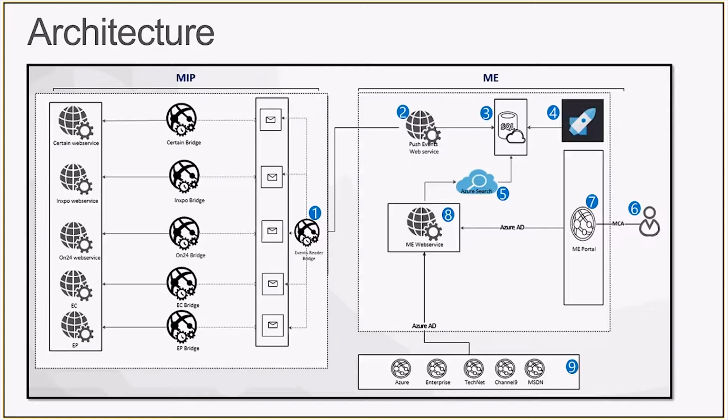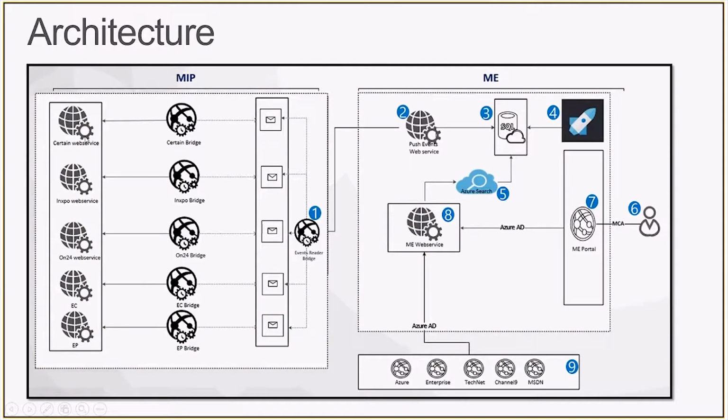So walk me through it: a third-party vendor updates their database with an event. What happens from there? So if you can see the mouse here, essentially they update the database with a new event, and they do that on a daily basis. And we have this bridge, which is nothing but an app service that is constantly polling their site every so often and getting this data. It's like a REST endpoint that is exposed to us through a web service. We get the data and then publish it to our service bus. And the topic that we use is an event topic. From that service bus, we get this event data from Azure.